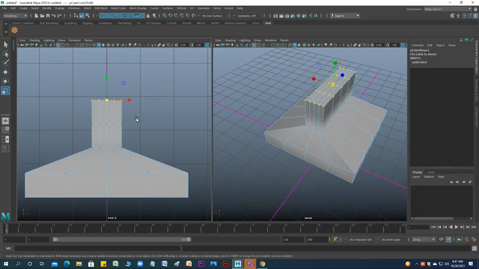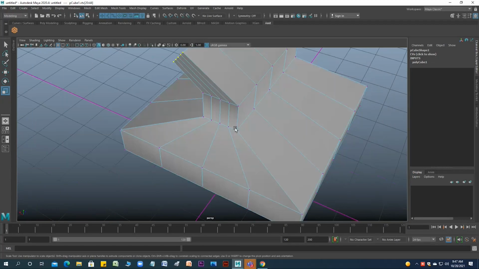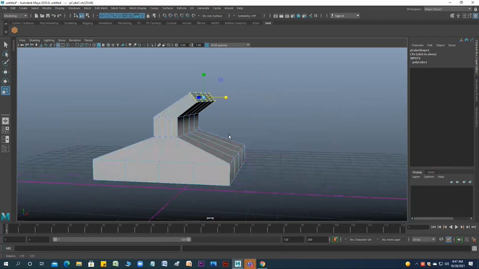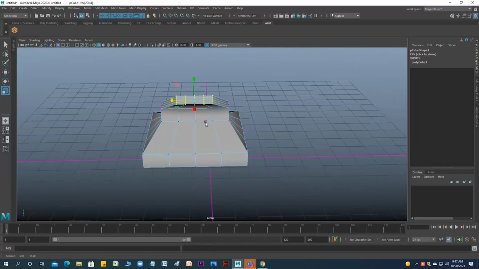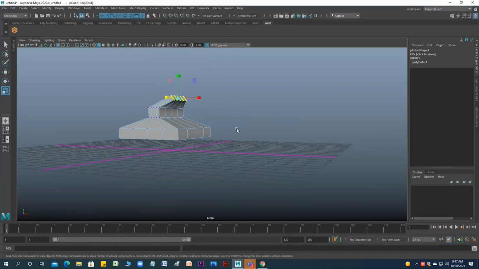But if I select this move tool, rotate also, you can scale, you can switch to look at your model. Though it's very abstract, there's no definition or pre-plan of what we are supposed to create. Okay, this is the first level of deforming or manipulating your geometry or your polygon, whatever you want to call it.